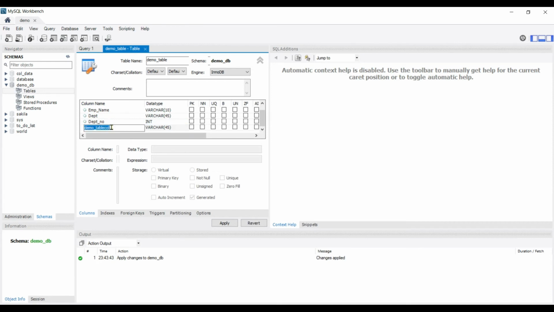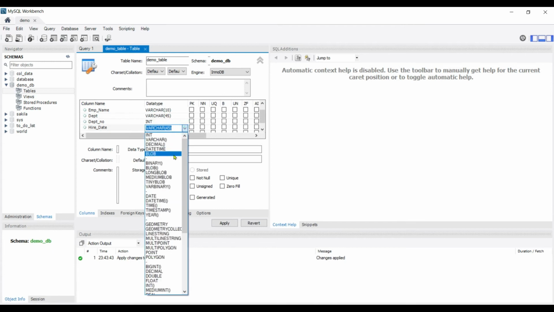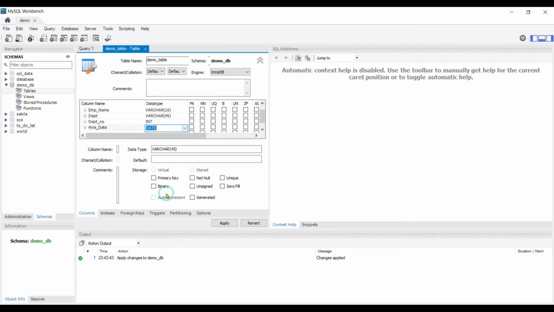Well, you can keep it character and pass your integer value as string, but what's the point? Next one, hire date. And over here, we cannot keep it as varchar or integer. We need to have date as the data type. So let's choose date.